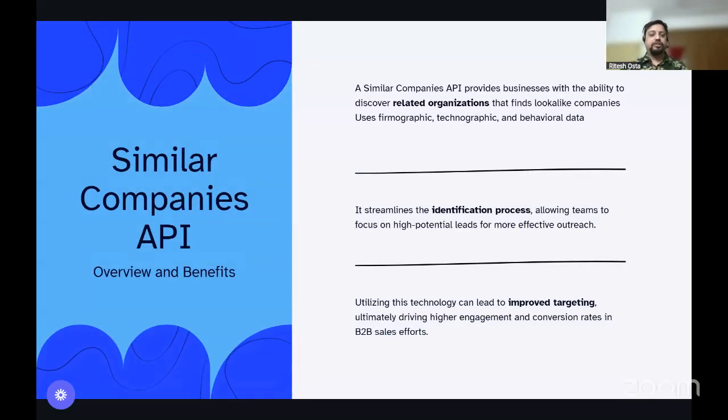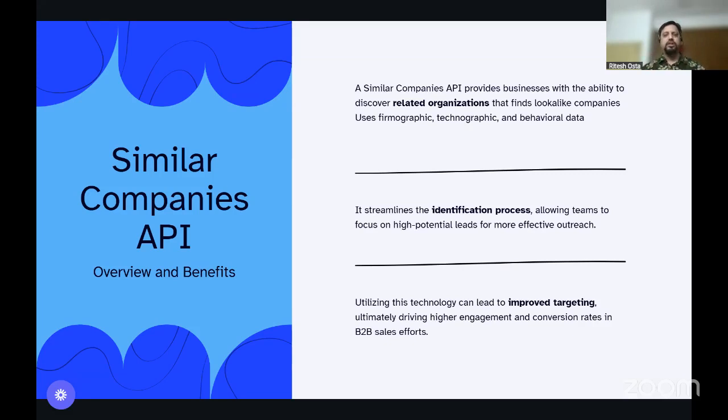Okay, all right. So let's talk about the similar companies API. Okay, so there are now APIs coming up. Let's call it the similar companies API for the time being. These are AI based agentic APIs, and it works like a chatbot in many ways.